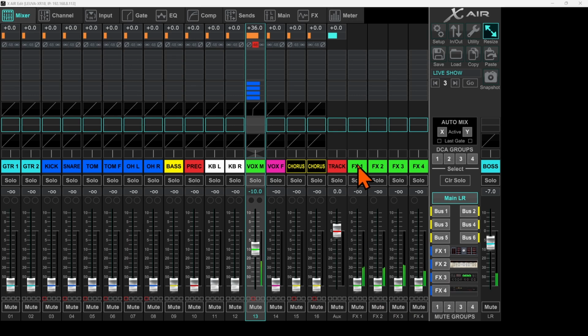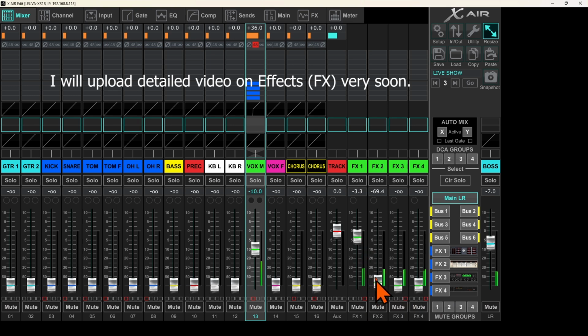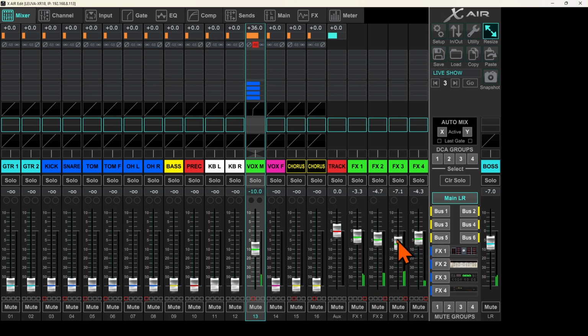So I will assign all these FX 1, 2, 3 and 4 to the mute group number 4 by clicking it here. And now I will randomly increase these effects. In real life, we don't do this much effects. This is just for the demo. Now here, the moment I click on 4, all the effects, FX 1, 2, 3 and 4, are muted on my channel. And if I unmute this, they are back here. So this is how you can use the mute groups specifically for the effects too,